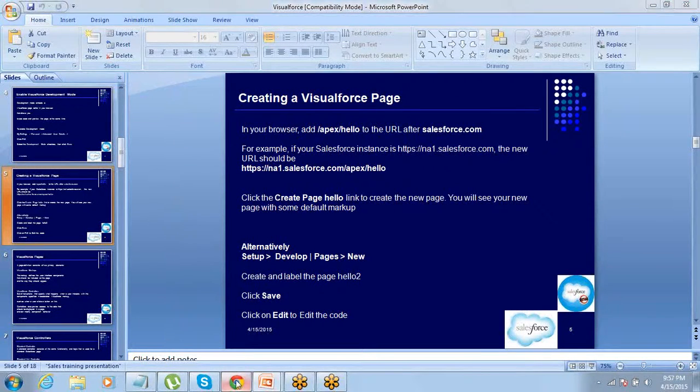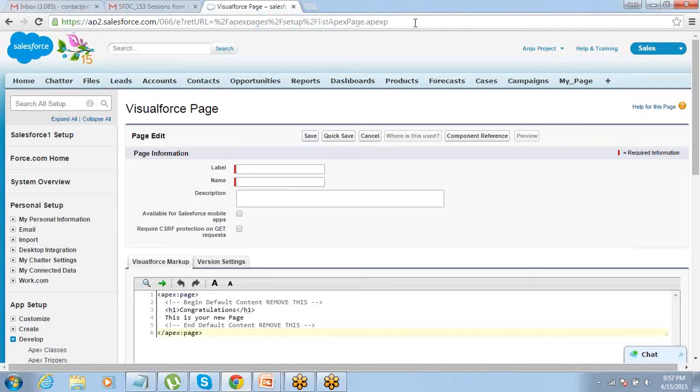So for example, I just want to create it here. I should go to the URL. Before you do this, please make sure that your development mode is enabled. And please don't create your own pages in parallel. I will keep on giving you assignments and I will give you time to do these things. Don't do it in parallel, just focus on how we are creating the page here.